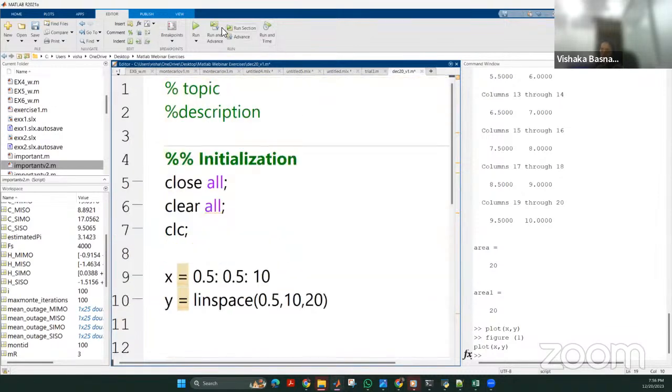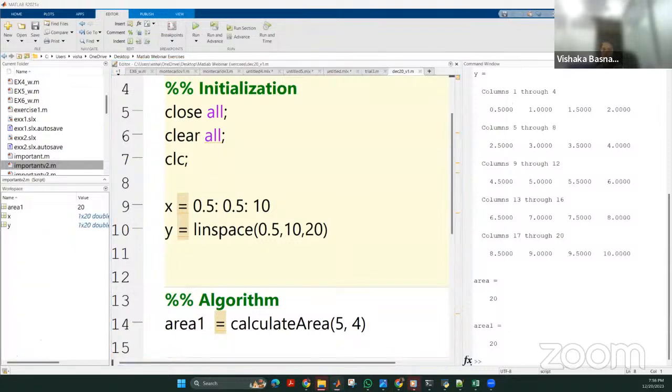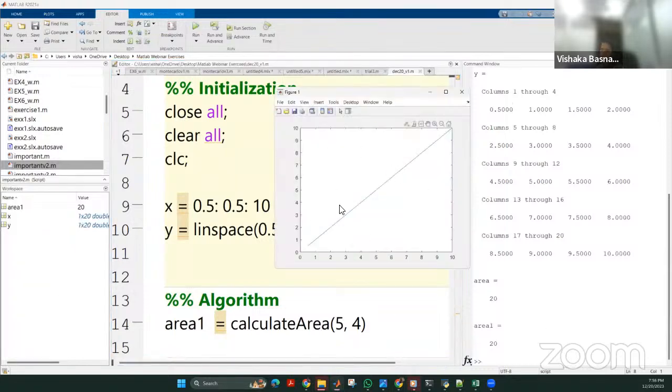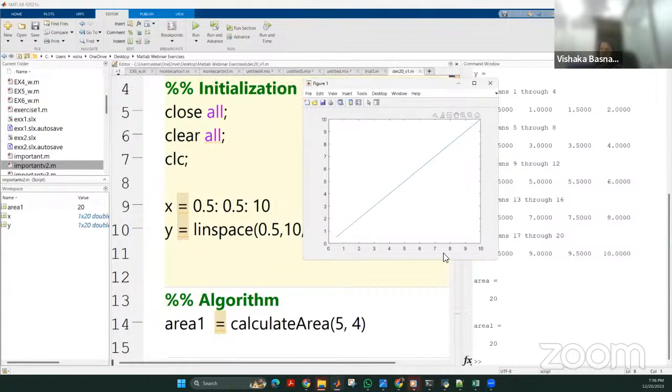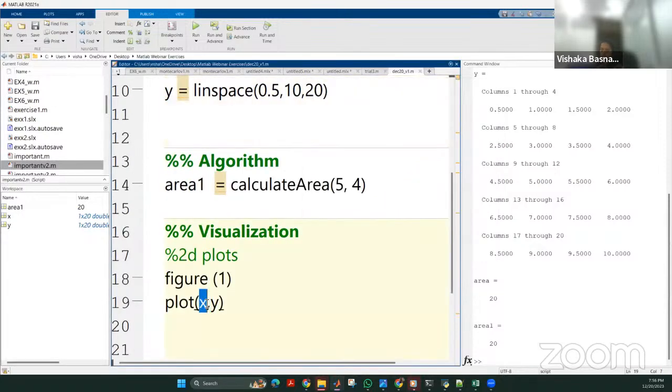So I think I will run this code and see whether there's an error. If there's an error, it will be shown in here, and the output I get will be like this. So X values and Y values will be considered and the plot will be drawn like this. So first you need to give the X-axis value, then Y-axis value, and then you have to give the title. If you have a certain title, you can give that, and then you can give the